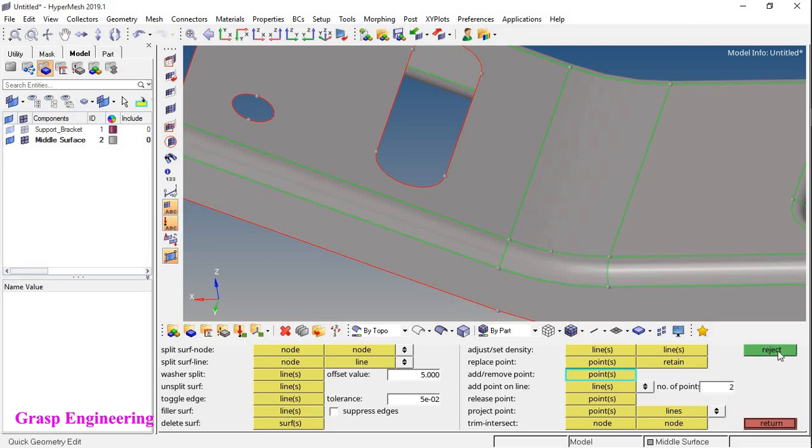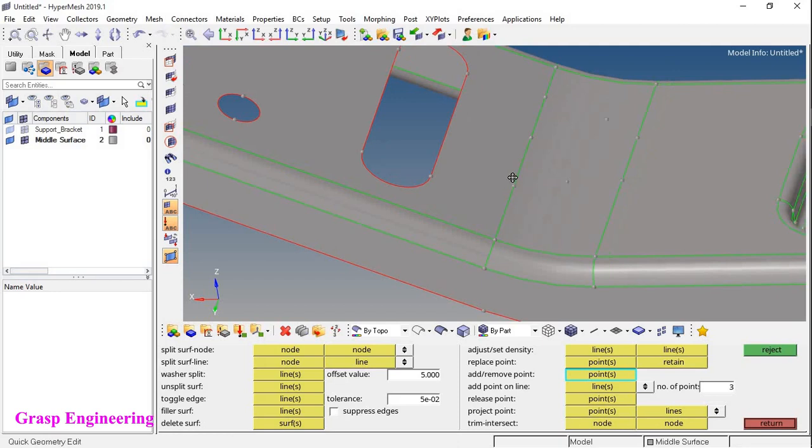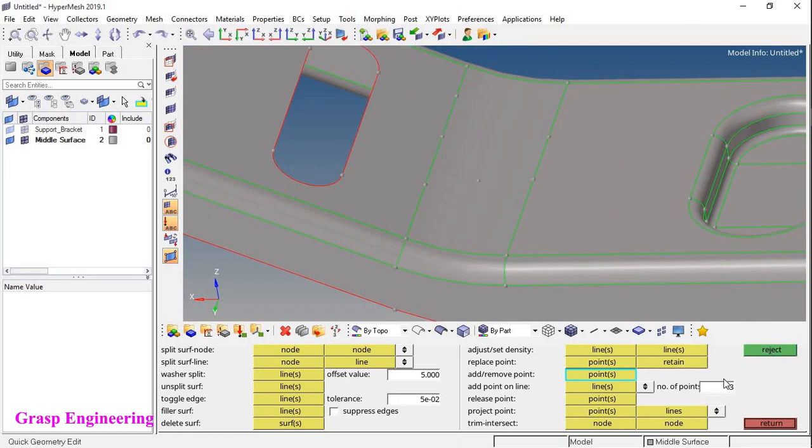You can select this, reject. If you want to create 3 points, select that line. Okay, this is the next option actually. The first one is you can add or remove option. The first one, like you can manually add points at respective lines or surfaces. Reject. Now suppose the next option, if you want to split the lines respective in 3 points, then you can see that you can here define the lines similarly over here.